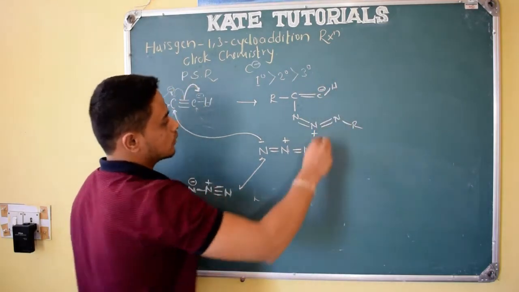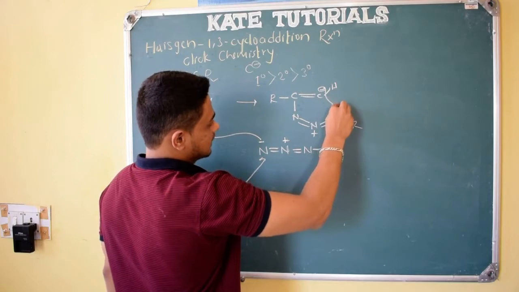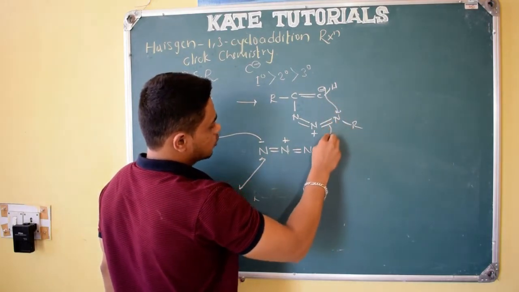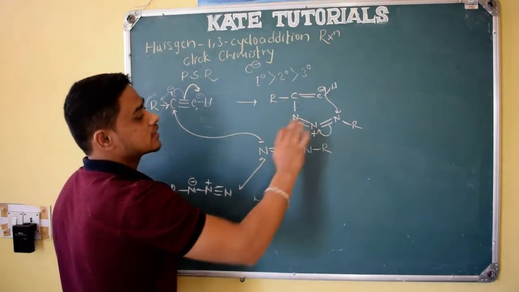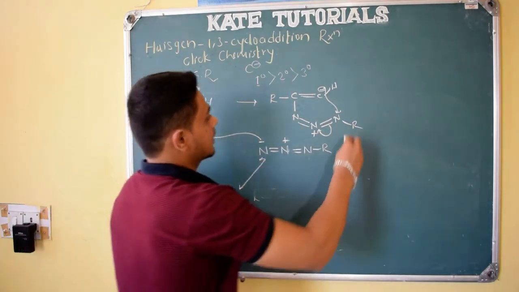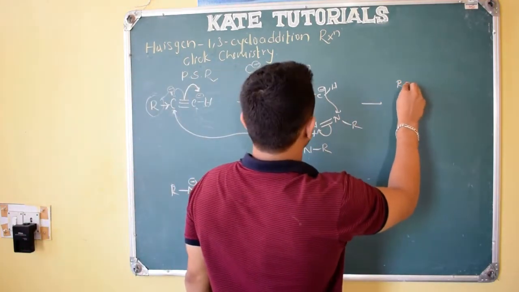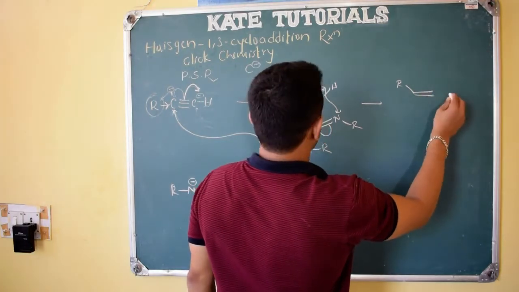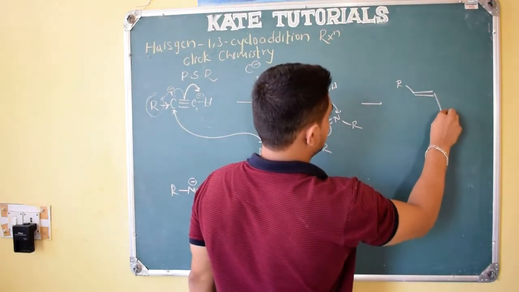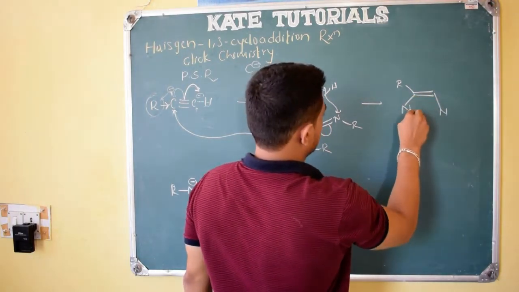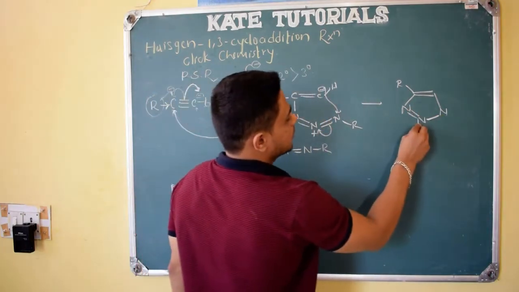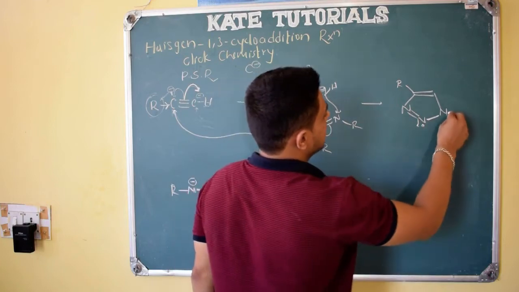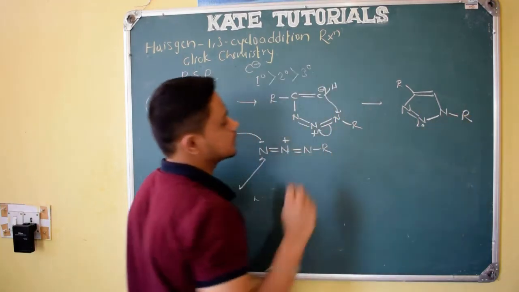So this negative charge, what happens? It will attack this position and the electron density moves on nitrogen, and the plus charge becomes neutral, that is, it gets its lone pair of electrons again, right? So R, C double bond attacks to N, double bond N, as the electron density moves it becomes neutral and it got its electron density, and N is having R. This is the product we will get.